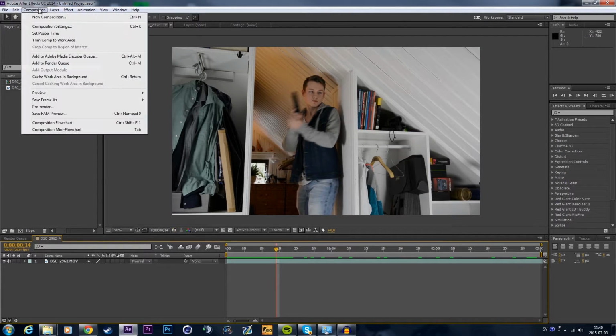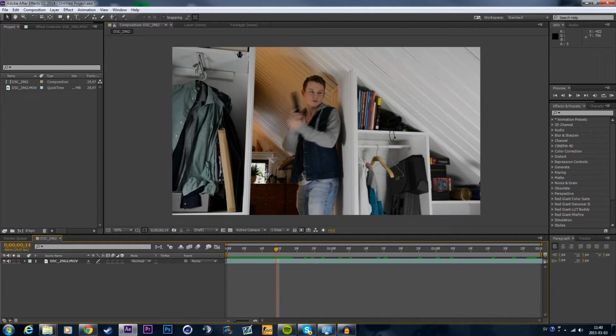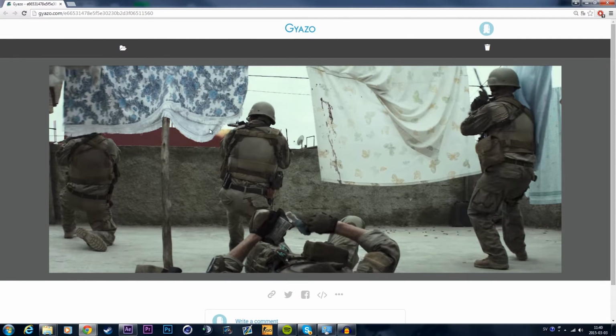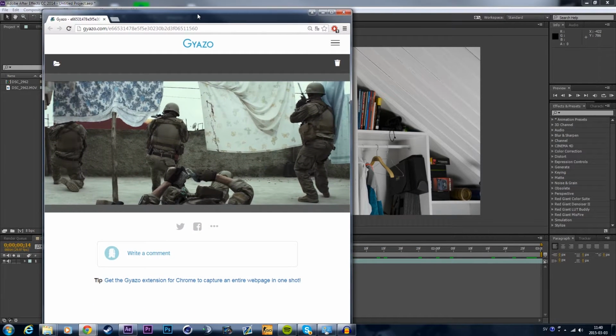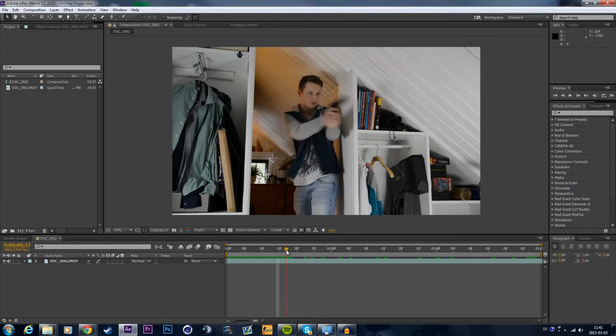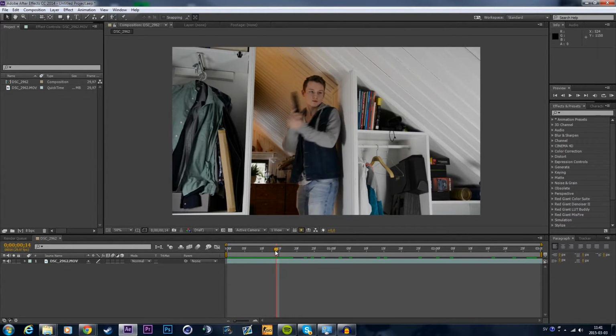The first thing you want to do is to look up a reference picture of how a Muzzle Flash looks, and what's better than the American Sniper movie that was just released. Here's a Muzzle Flash. This is by an assault rifle, so it's not exactly the same, but you can see the colors. It's yellowish and kind of transparent. I'll link this picture in the description so you can watch it yourself when you edit your Muzzle Flash, because everyone's Muzzle Flash will